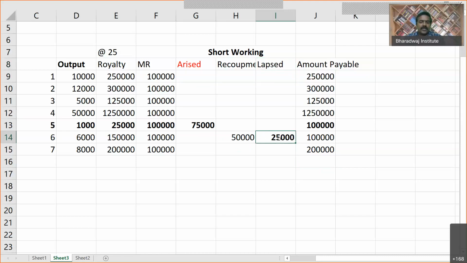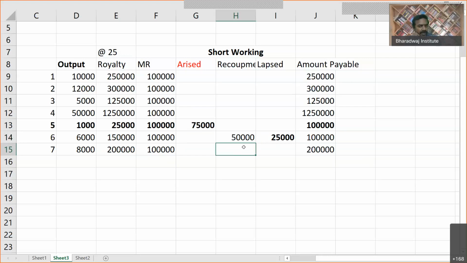So what is short workings, or when does short workings arise? When your actual production value is less than the minimum rent. When it can be recovered is as per the agreement. If the landlord allows 1 month, you can recover it in that next month. If you are not able to recover, the short workings is nothing but excess amount paid. If you are not able to recover within the time allowed, then that will be taken as a lapsed amount. Sir, will it be subsequent 1 month, subsequent 2 months? It all depends on the agreement.